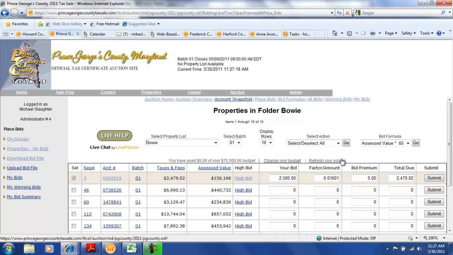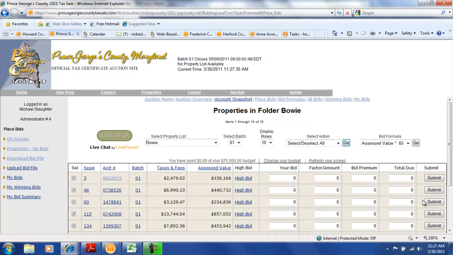Okay, so we're going to refresh our screen here. And the other way of placing bids is to use the select deselect all. Click on that. It's going to select all the properties appearing in the list. And then we can apply a bid formula if we want to do that. In this case, the bid formula is assessed value times 0.65, which another way of saying that is our bid is going to be equal to 65% of whatever the assessed value is of that property. So we're going to apply that bid formula, click on Go. The system automatically takes 65% of whatever the assessed value is on each of these properties, calculates that out as your bid,